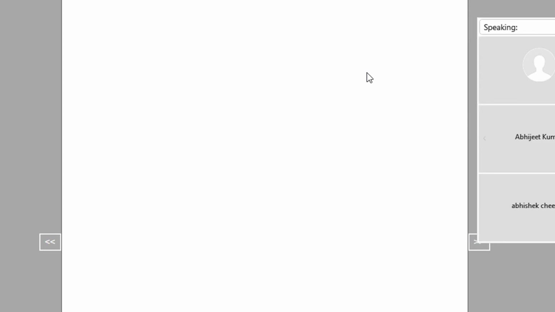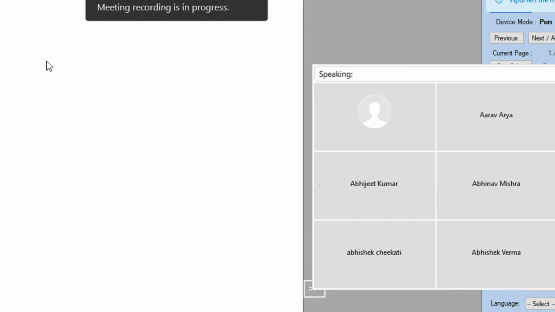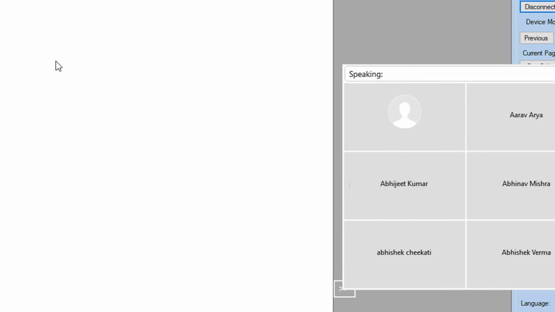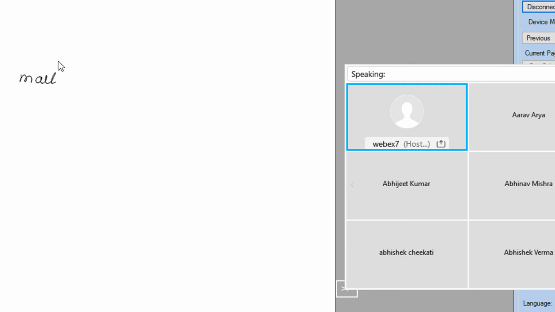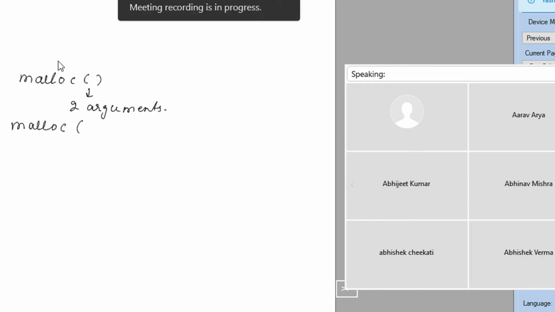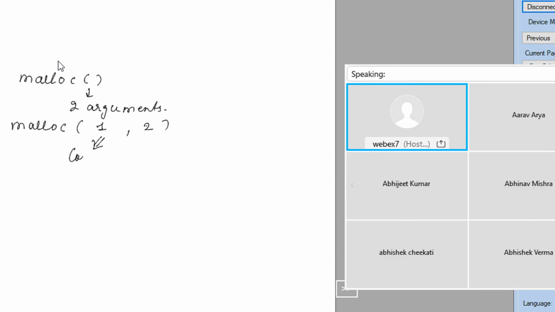When I'm saying malloc, it takes two arguments. This is argument 1, argument 2. You can just remember this first as a count, and this as the size of, just for simplicity.